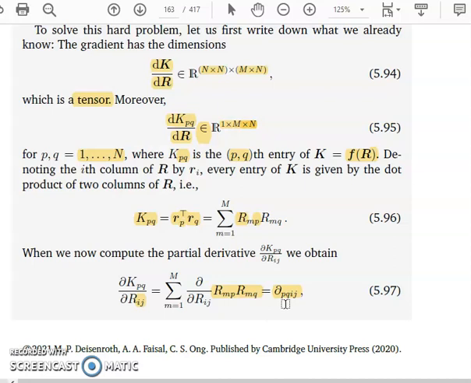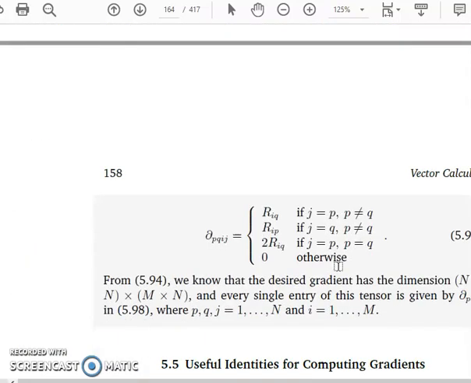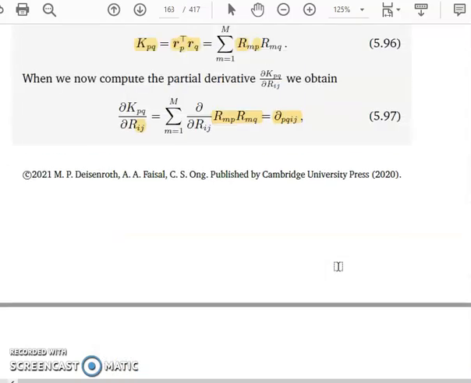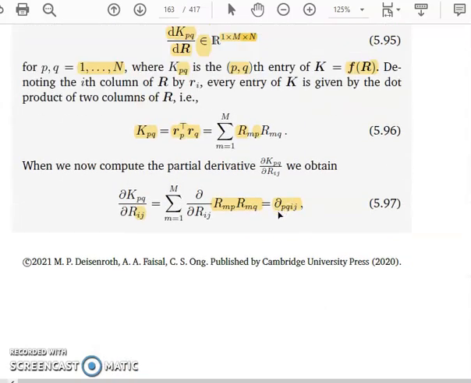Okay, tensor, PQ is an element of the tensor. What we get as PQij, del of PQij, is one of the elements of the tensor, which is having the dimension n by n by m by n. Now you need to determine how this value can be determined.